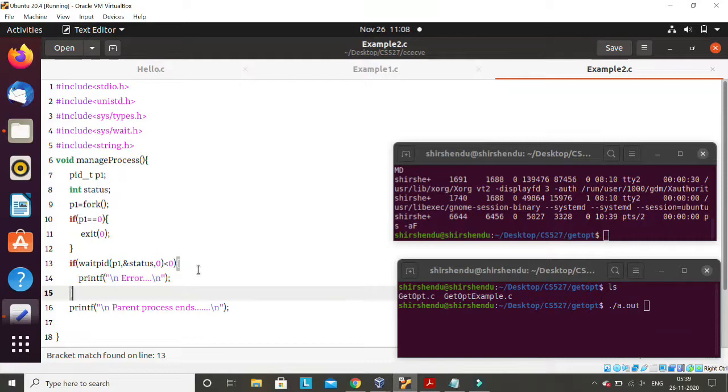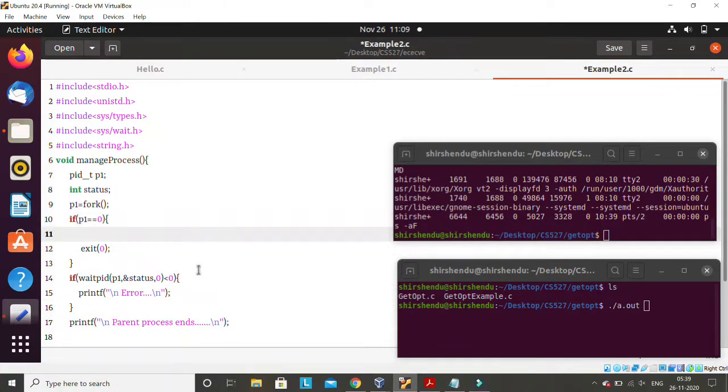I'm not doing anything in the parent process. I want to do something in the child process. Previously, suppose I was writing printf, hello world, this is child process. What will happen if I try to run this code?